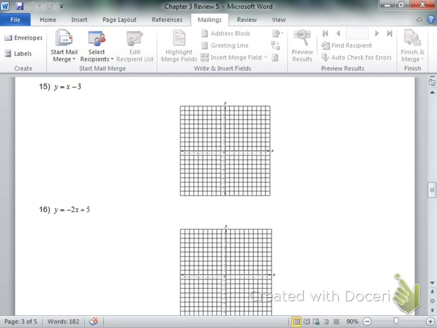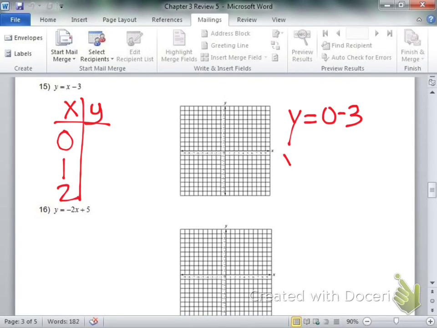Alright, number 15, same setup. We are making a table. For our X numbers, we are using 0, 1, and 2, and then we're doing the math to find the Y's. So I'm going to start with 0 minus 3, then I'm going to do 1 minus 3, then I'm going to do 2 minus 3, and those are going to give me the corresponding Y values for my X values. Alright? So when X is 0, Y is